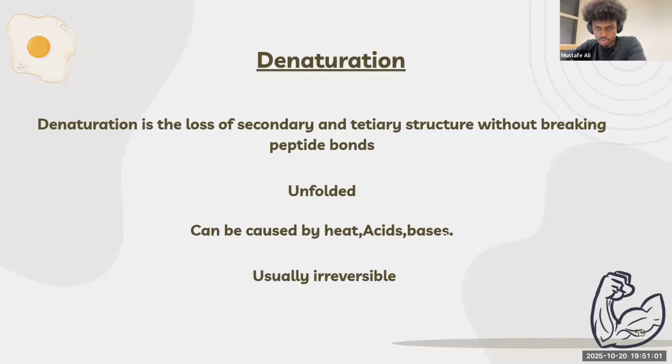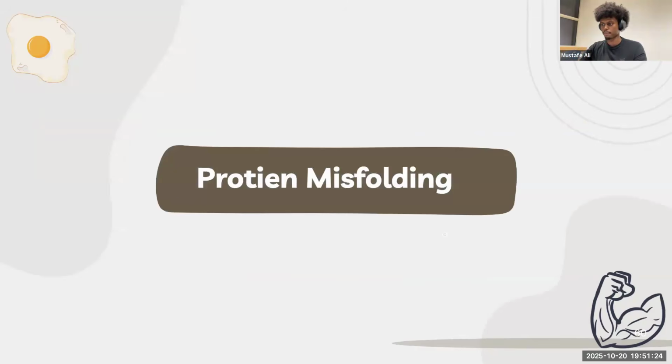Is that the same thing that happened with the H bond? Yes, yes. That's what happened. You're right, Mohammed. So denaturation basically is just the loss of structure of a protein, and it can happen due to heat, acids, bases, and it's when the secondary and tertiary structure are lost without breaking the peptide bonds though. The peptide bonds are still kept in between the amino acids.